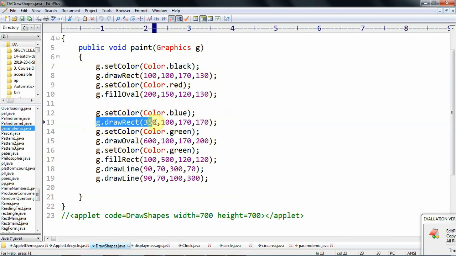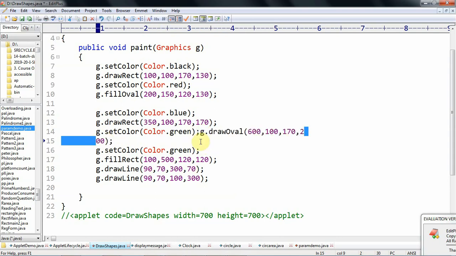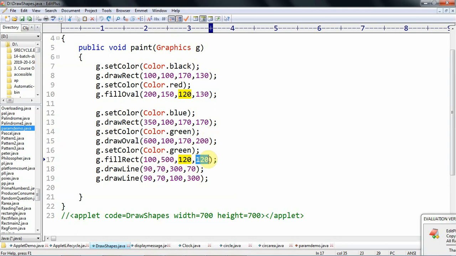Here we draw the rectangle. Then in green color we draw the oval. Green fillRect 100 comma 500, width is 120 and height is also 120. With this, one filled square is created. If width and height are the same, then a square is created, filled with the color.